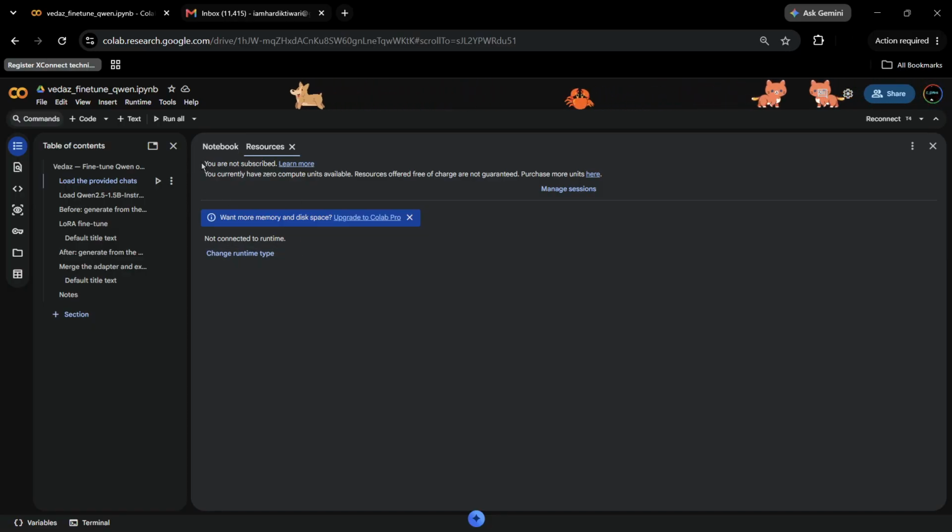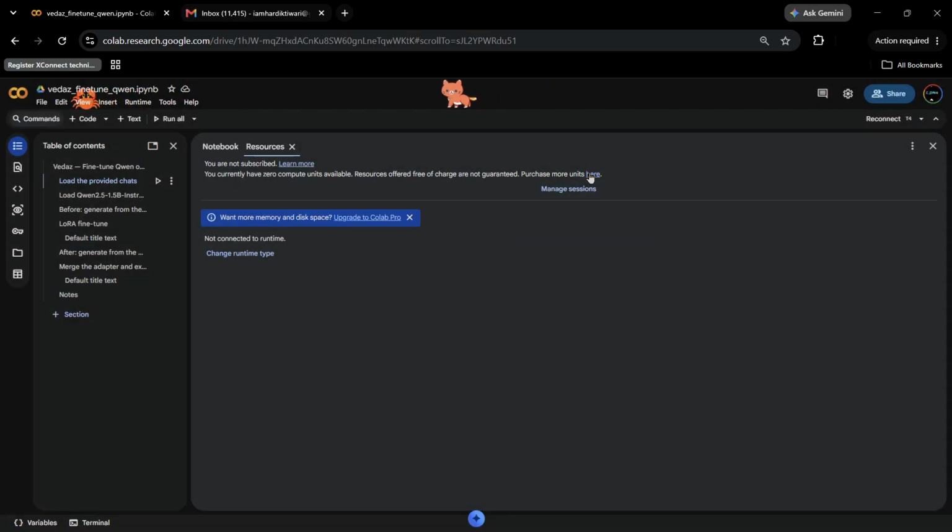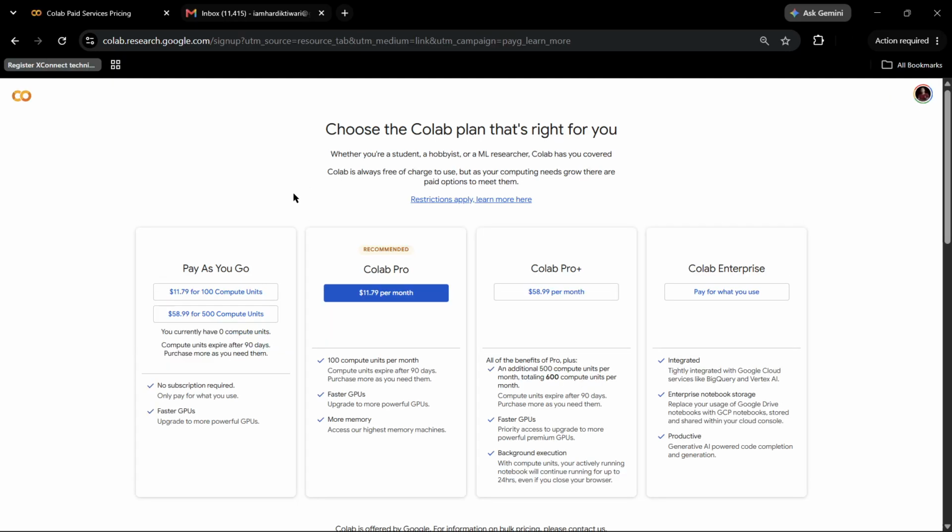So in my case, it currently says you are not subscribed. You currently have 0 compute units available. Resources offered free of charge are not guaranteed. Purchase more units here. So obviously, if I want, I can actually purchase the units. But in your case, if you have already purchased, this is how you can view those particular resources and how